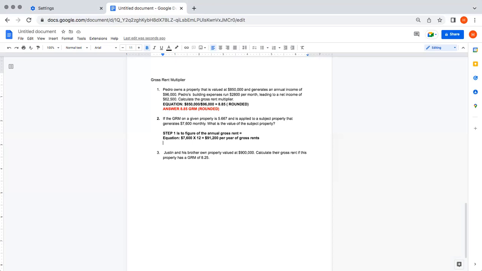So the equation for this is going to be, we have our multiplier. We know what the rents are. That's 91,200 times our multiplier of 5.667. And that's going to equal a number, and that's the value of this property. A little bit less than the last property, but still it's a pretty attractive investment property. Times 5.667. And that's a $516,830 property. Again, that's a $516,830 property rounded. And that's the answer to the question. So the answer is